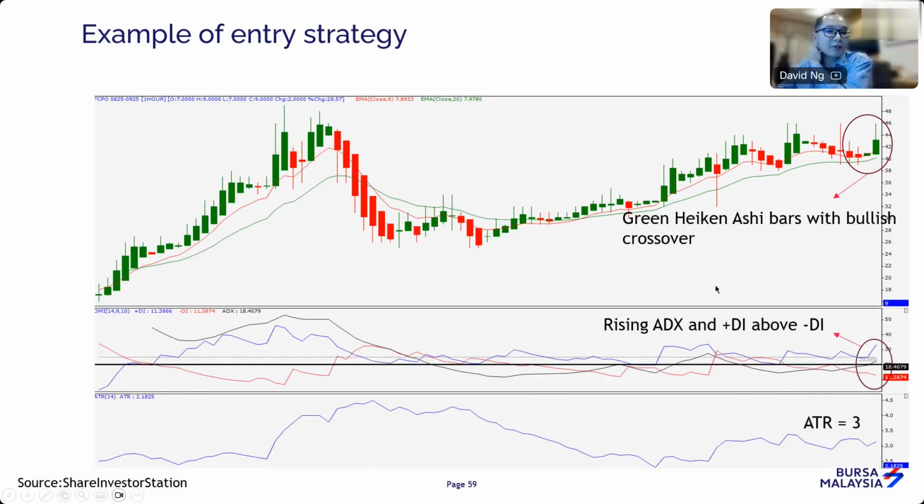Now, I just want to apply all these three together. What you have here is Heiken Ashi, and once you have Heiken Ashi bars showing a strong green body bar, and all these candles are well supported above the moving average, so it doesn't break below the moving average, it points to you that this uptrend is still quite intact. Now notice this ADX is rising. Once ADX goes above 25, usually that's a sign that this particular market is rising. Keep in mind the ATR during that period is 3 points. It's a very low volatility product, so that's something you have to take note of.